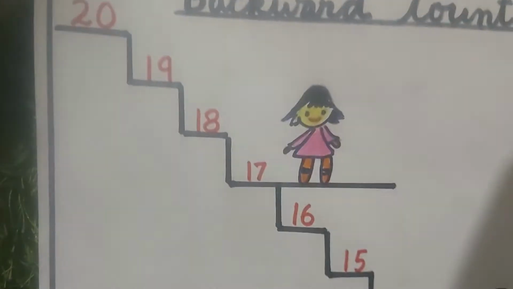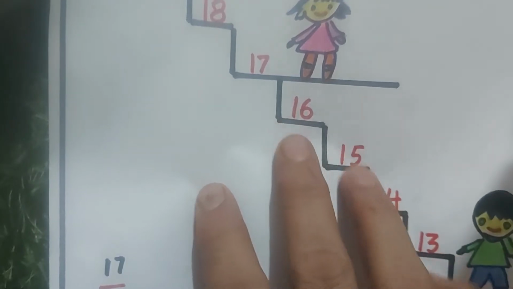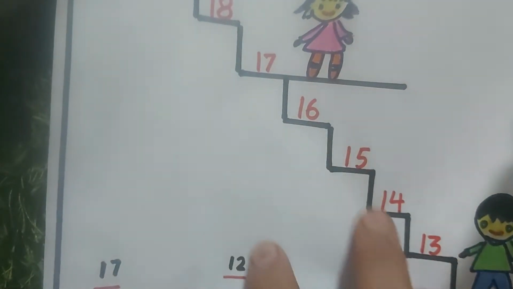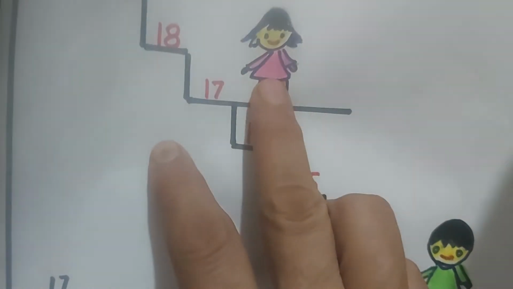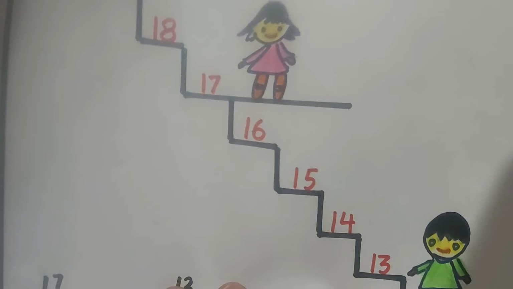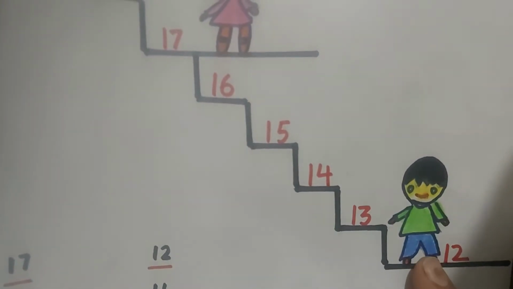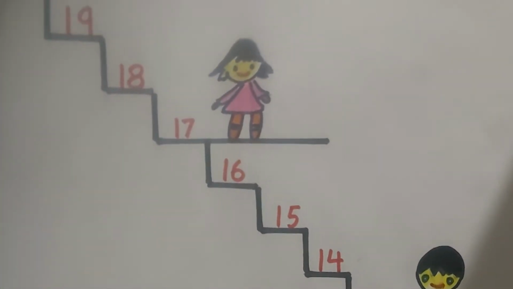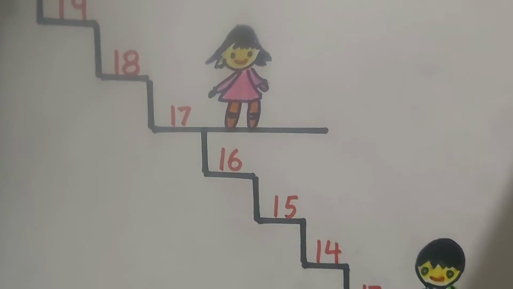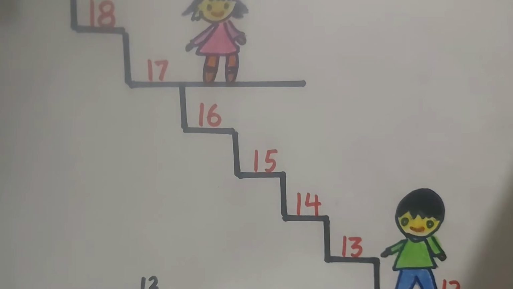Okay, so I told you a small short story. There were two children, Isha and Adi. They were playing. They were climbing the stairs, going here and there, jumping. And Isha was standing on the step of 17 number on the stair, and Adi was standing on the step of 12 number, and they were playing. They were saying, who climbs the stair first, let's see. But in between, their mother called them and they had to stop and go to their mother.